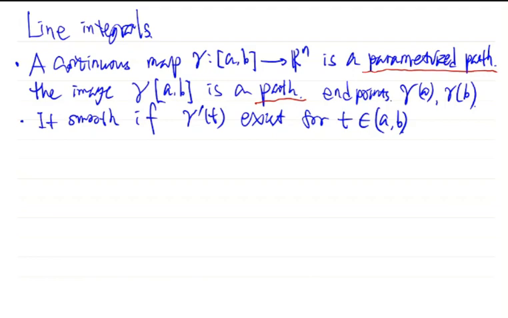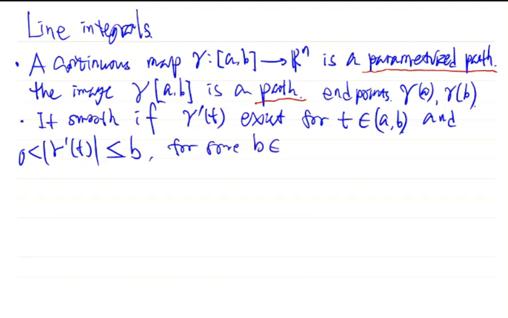Geometrically, the derivative of a vector valued single variable function is the tangent. We encounter this in the geometric application of partial derivatives. So if this derivative exists and is bounded, also everywhere non-zero, for some b, a positive number. That is, for every point in the open interval, the derivative exists, and we have a derivative function,